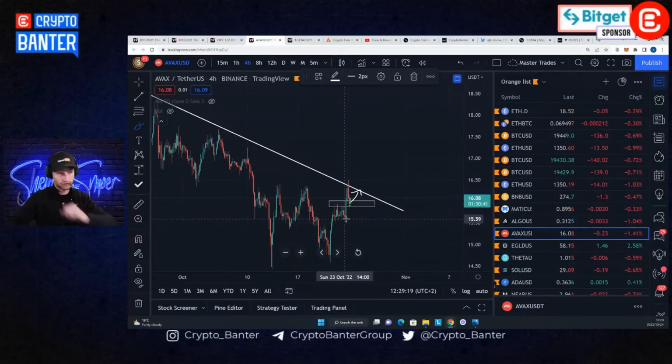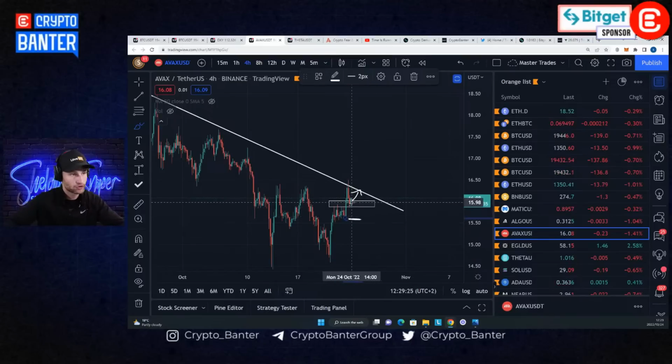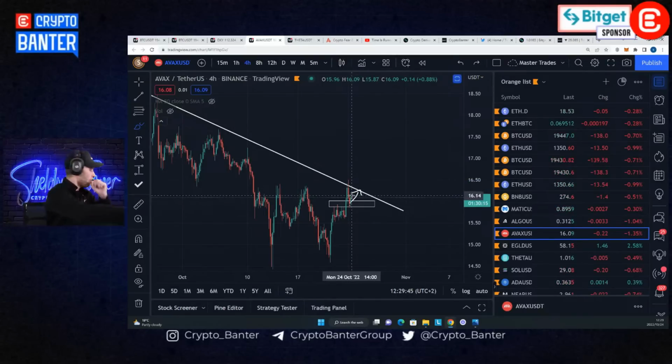And validation for me is the previous low in the zone. That's where I'm going to protect myself. I don't want to make any more lower lows right now, but I'm trying to build my full position in this area, because once we crack this and we have a proper close, you could see here that it did attempt last week. It did attempt, but it did not close outside of that trend. So when I get the first close outside this trend, I want to make sure my position is in, because once we are out of that trend,